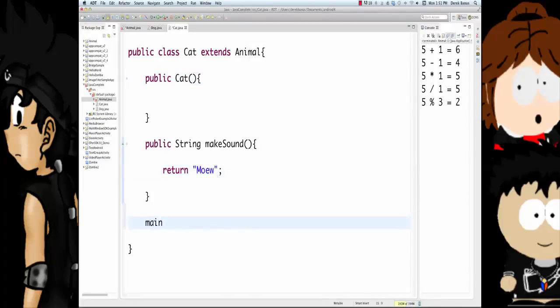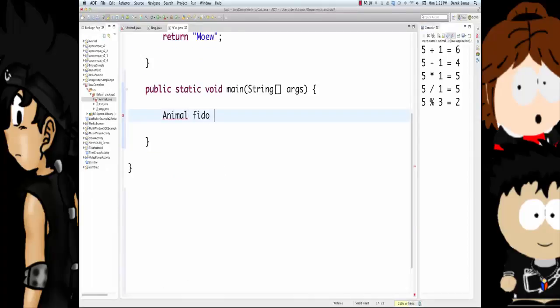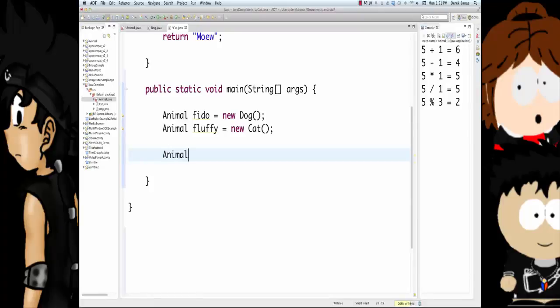And let's just put a main function here. And what we can do is go animal Fido is equal to new dog, of course. You can also go animal Fluffy is equal to new cat. See, I'm not calling them cat objects, I'm calling them animal objects. Then what we're going to do is create an array. I'm going to give you more demonstrations of what an array is. It's just a series of boxes. This array has to contain the same data type. So this becomes a nice, easy way to store multiple animal subtypes in an array.